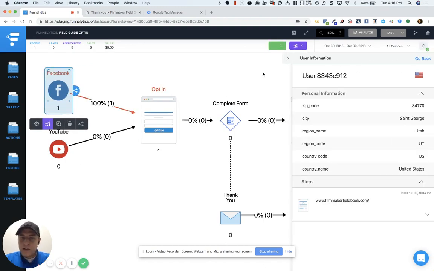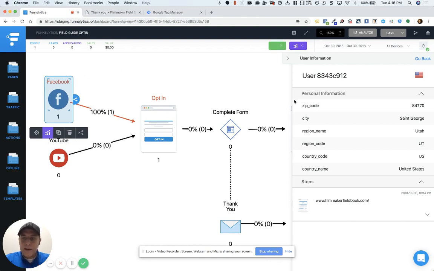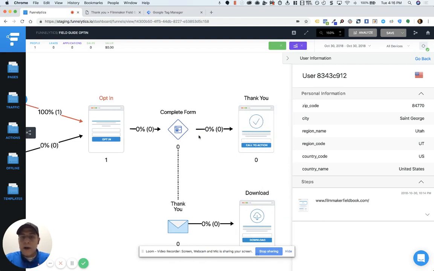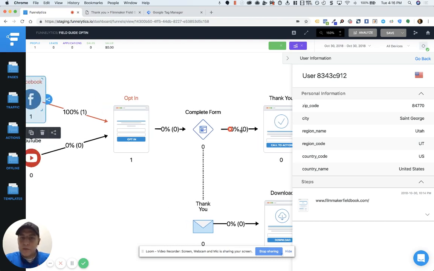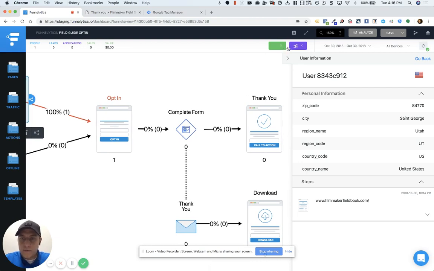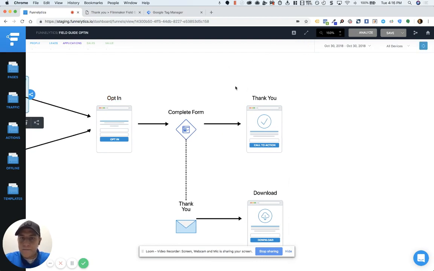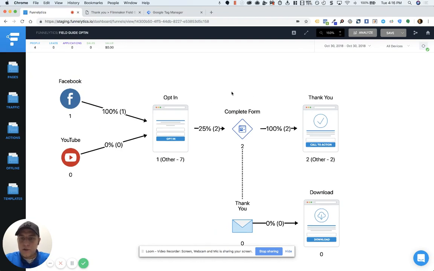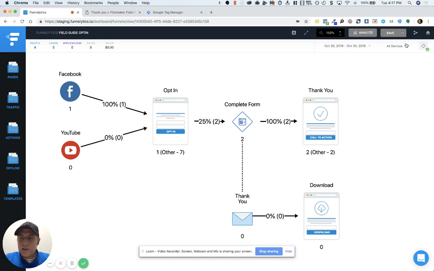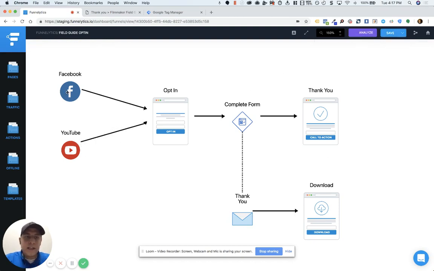So we can see it's calculating real quick, and then it's going to highlight their path and say, okay, they came from Facebook and they landed on the opt-in page. Now I closed it right after and didn't move on, but otherwise you'd be able to see they went to the opt-in page, they went to the complete form action and the thank you page, and show this whole path, which is really, really cool. Now we can clear this filter to just come back to this analyze mode,